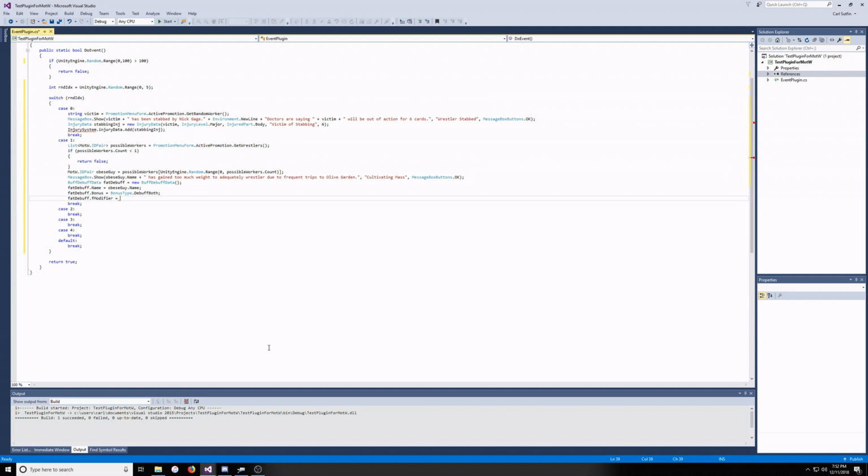debuff it is. I want to say that they only have 80% of their normal health and spirit, so we need 0.8f. And so what that's going to do is at the beginning of the match, it's going to multiply the wrestler's health and spirit, which should be at the default value, by 0.8 and then set the value to that. So it'll be 80% of whatever